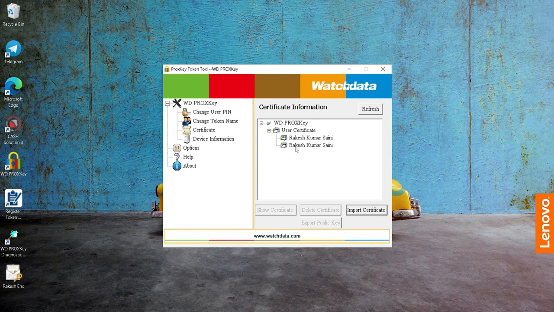Now both your signing and encryption certificates are inside the token, and you also have a backup file which you can save on your hard disk or in your email or anywhere you would like to store it securely. You can also move it to your cloud drive. So keep in mind that you have to keep this file secure for further usage, although you can always download a copy of it from the certificate.digital website. This was the complete downloading process.